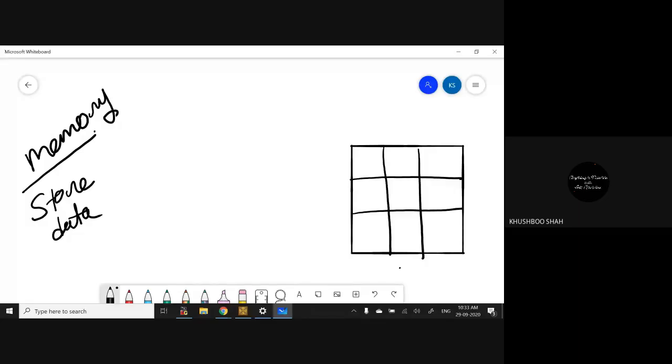Yes, ma'am. Because when you give the input to the computer, it requires some space to hold that data. Even to perform that operation, it requires space. And so we have the variable concept. I repeat, when you provide the data to the computer, it requires space to hold that data, and that space is nothing but this memory. Now, understood everyone?